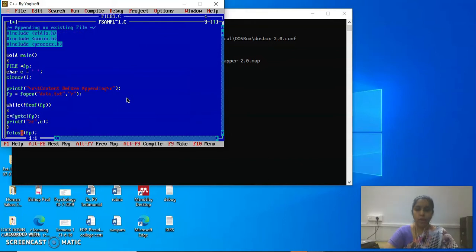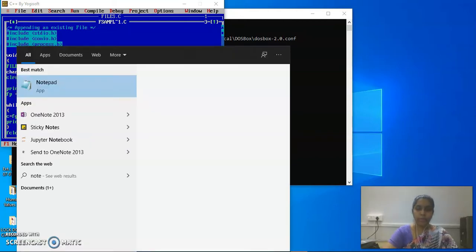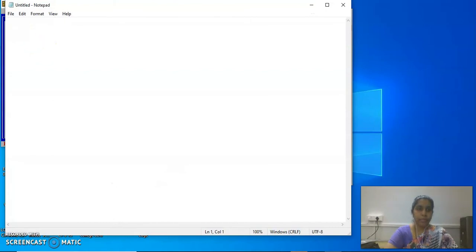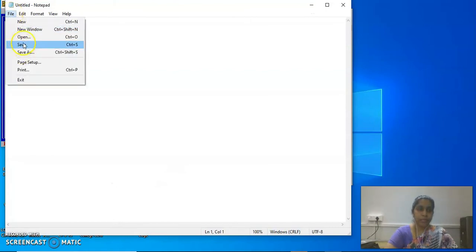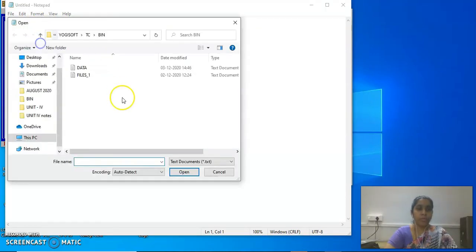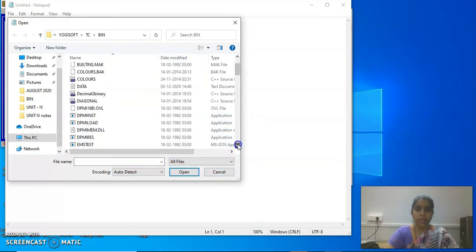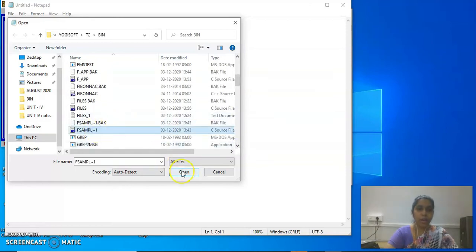In this program, I'll open it in Notepad so that it will be clear for you. This is stored in the sample file.